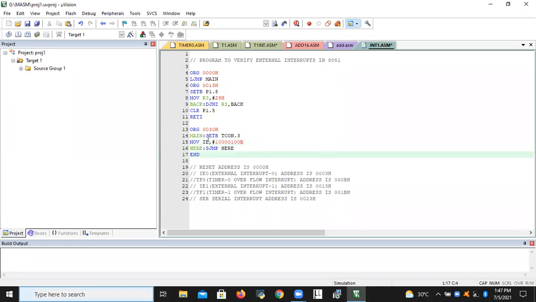Whenever we see the interrupt enable register, the first one is external interrupt 0 enable bit, next timer 0 overflow interrupt, next external interrupt 1 enable bit, next timer 1 overflow interrupt, after that serial interrupt, and to enable all the interrupts, this is the last bit. So here we used external interrupt 1, IE1, right? So very important.